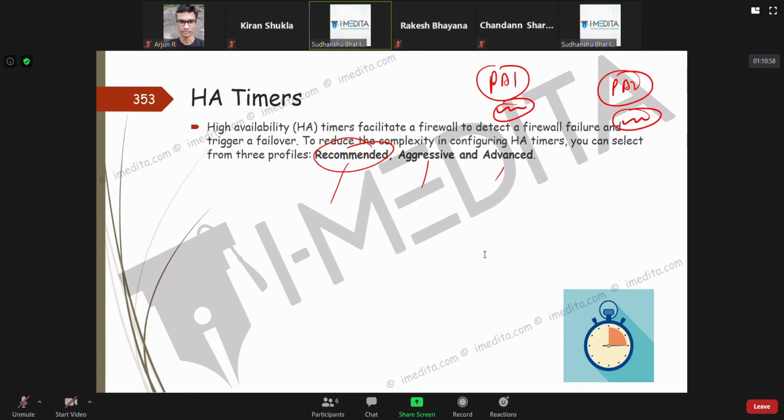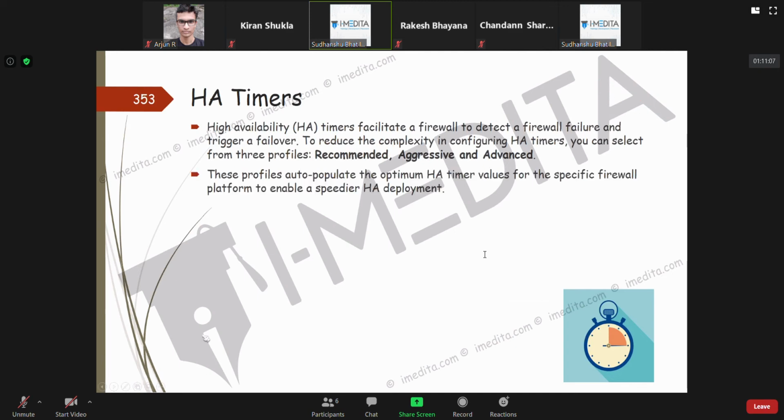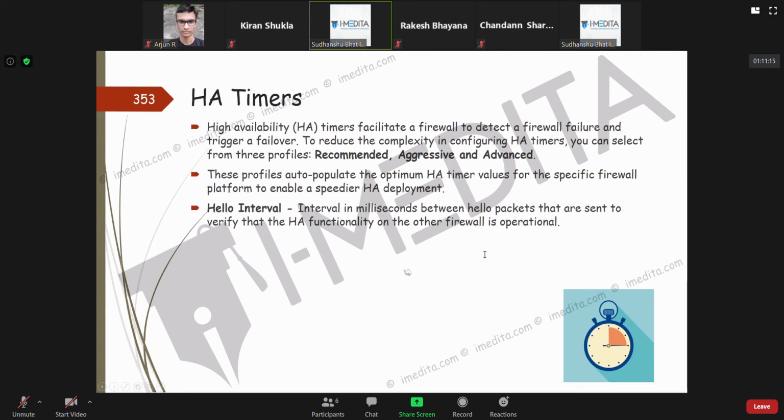Advanced is what gives you the option to have individual specific values. If you use these profiles, they auto-populate the best timer values. So what are the timers that it affects?